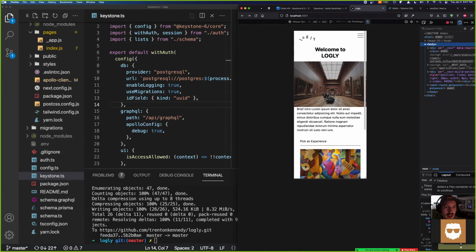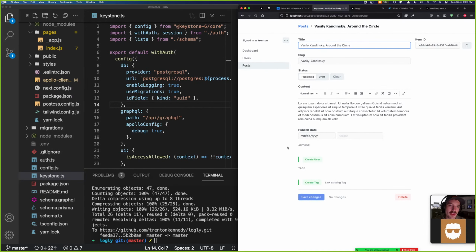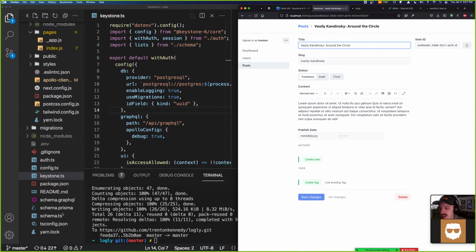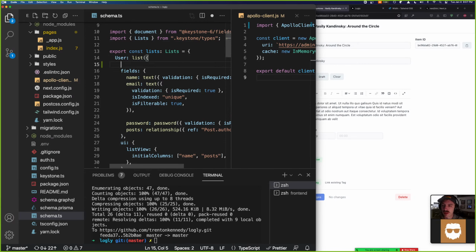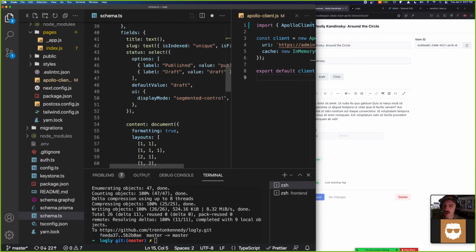No, this part here that we're looking at, this next step, is a public website. This is like open to the world. The admin is the one that's behind an auth wall. That already has security, session management, all that built into Keystone. But you could technically, in the schema, open up the user GraphQL objects to the public API. Not that you would, but you can just open it up here by access control.